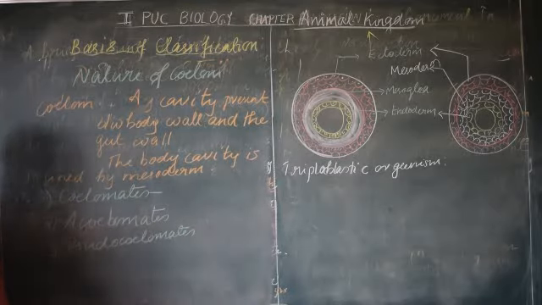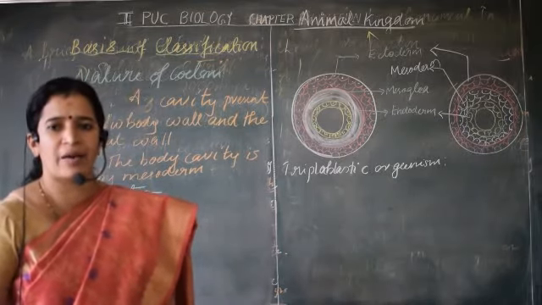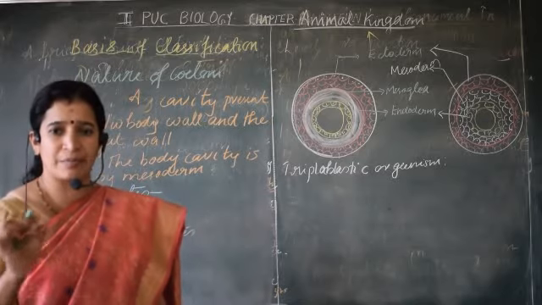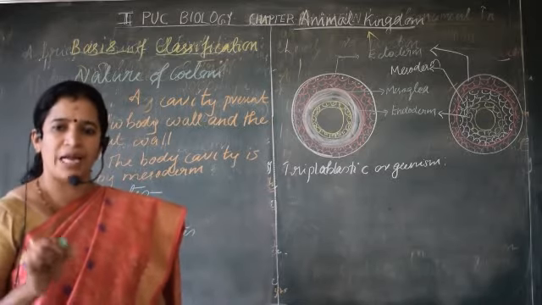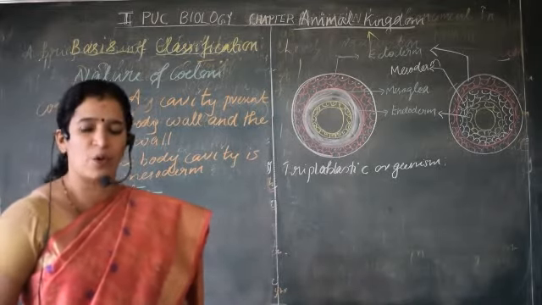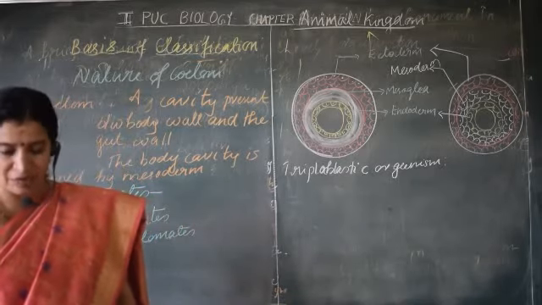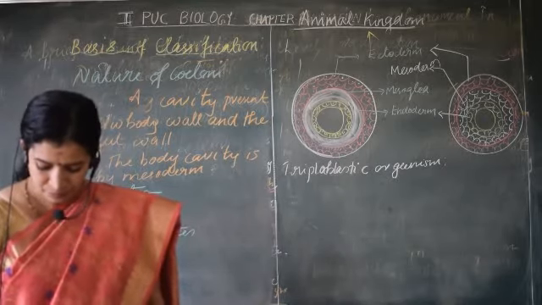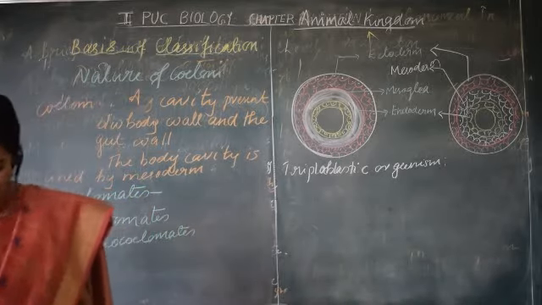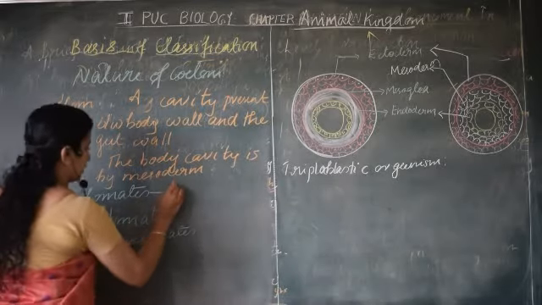Coelomates means which have the body cavity. Acoelomates, as I told already, in biology some words start with A, like acoelomates, asymmetrical. That means they are devoid of, they are absent in that. Here acoelomates means which do not have any cavity. Pseudocoelomates have a false cavity. Then let us understand now how this categorization is made. So coelomates, first one: animals possessing the cavity.